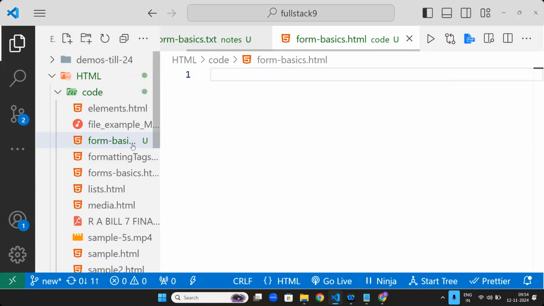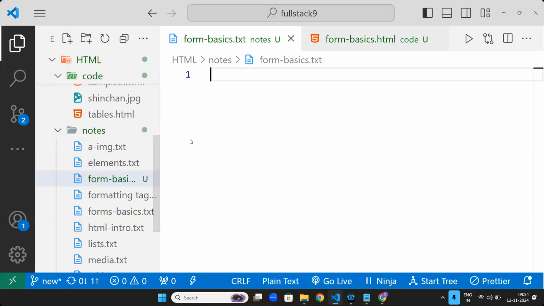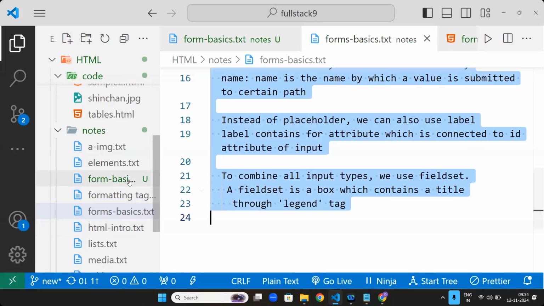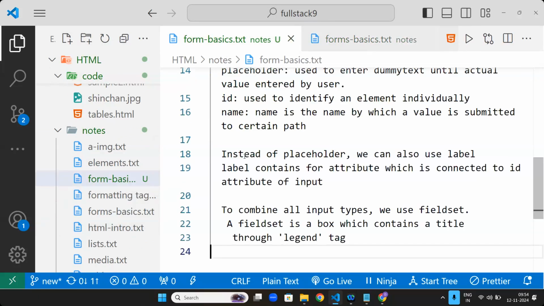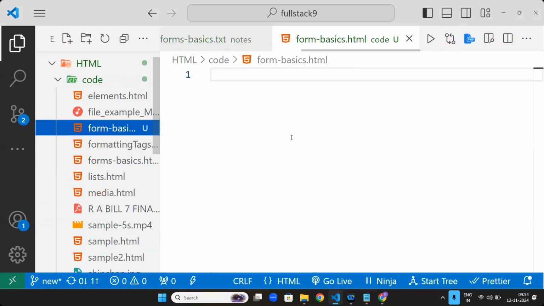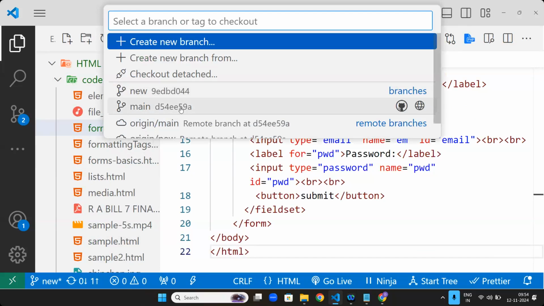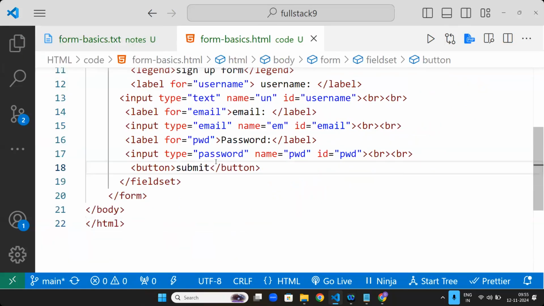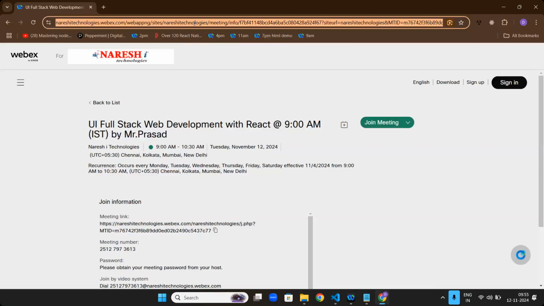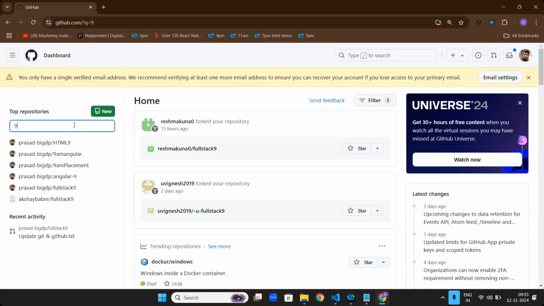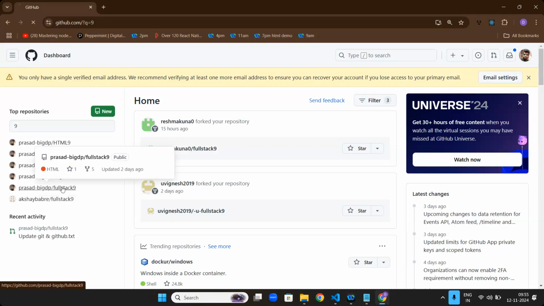Let's go to GitHub. Now let's open full stack 9. I think this is ours. Good.